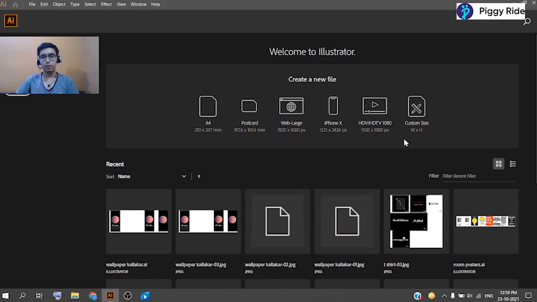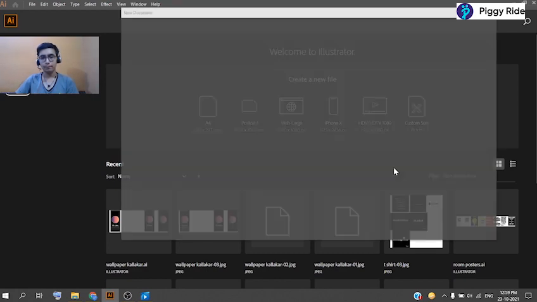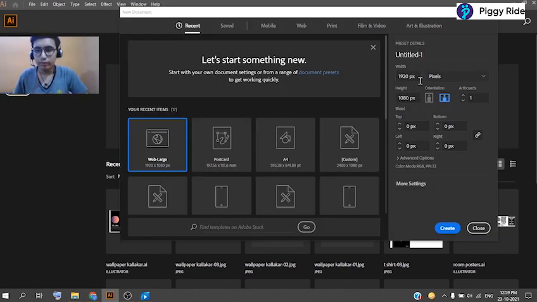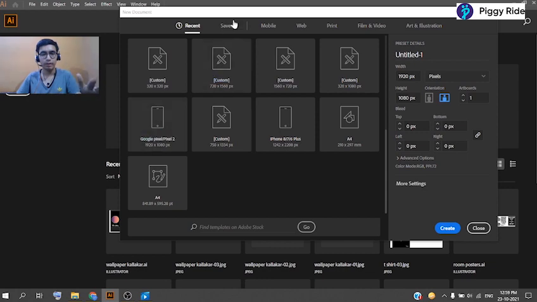So we will create a new document with a custom size here. From here we can change the size, or there are some more presets over here that we can use.